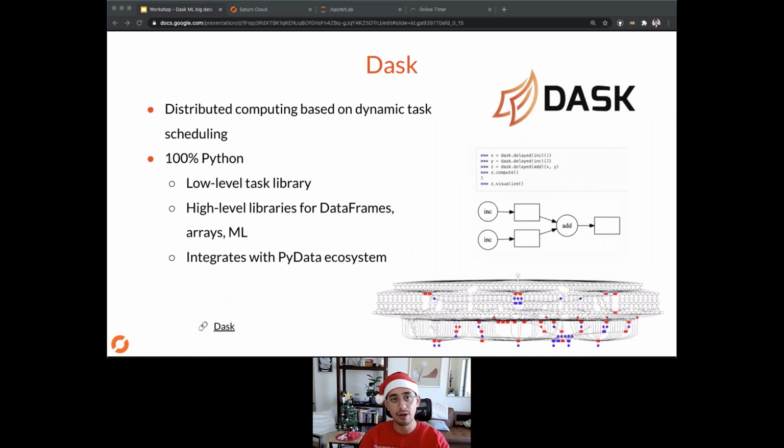So you're still writing the Python code. You're thinking about your business logic instead of this orchestration. We'll cover this low level and then the high level. We're going to spend most of our time on the high level part, but the low level task library is really, really powerful when you have complex computations that you would need to